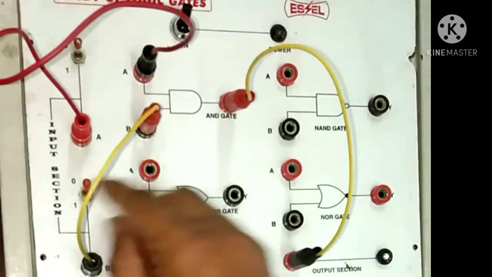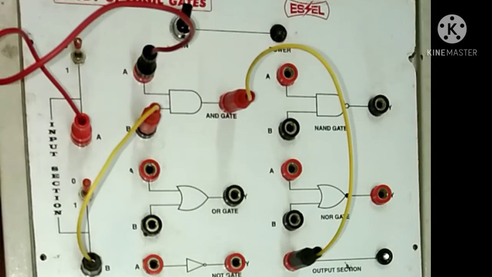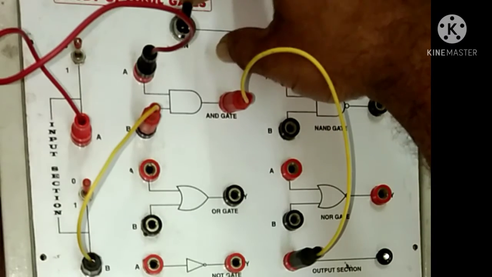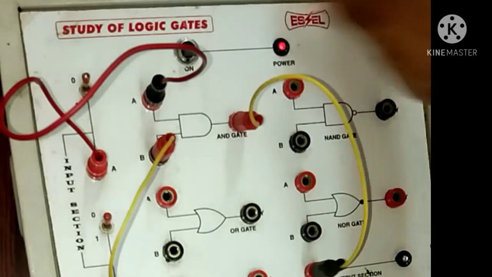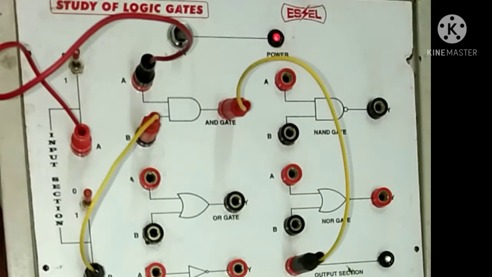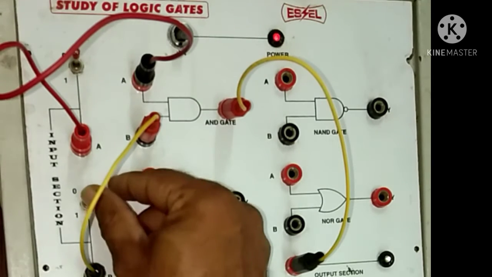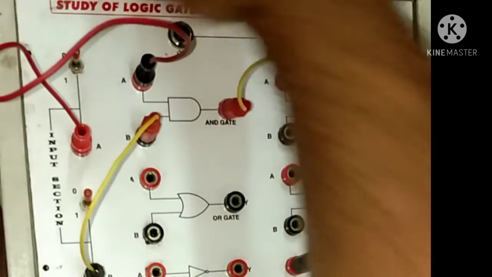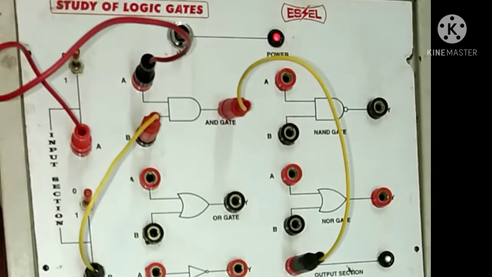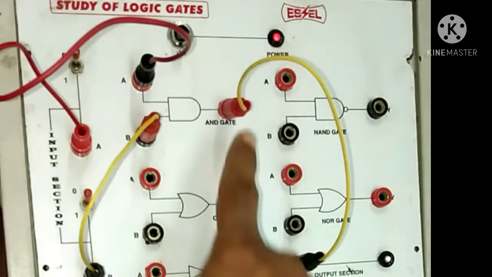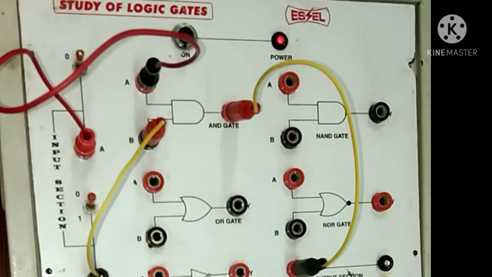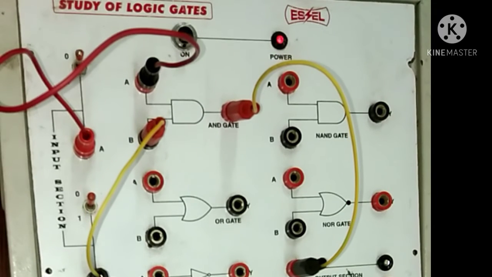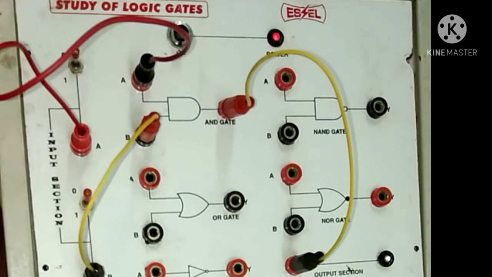Right? First, we want to switch on this circuit or this kit. Here the light glows, it means that this circuit is in on condition, that is, in working condition. Then first we want to keep the knobs at 0 0. It means that the values of A and B are simply 0. Then the value of output is also 0, because this LED does not glow. It means that the output is low. So we want to write that down.